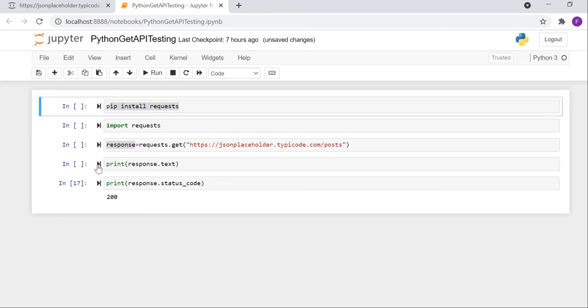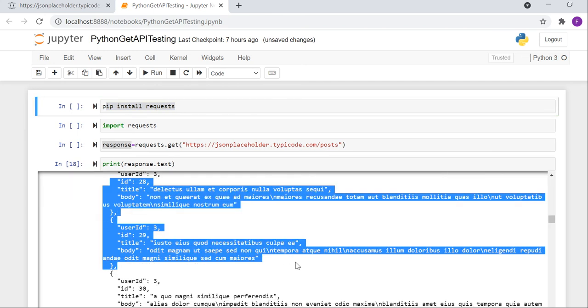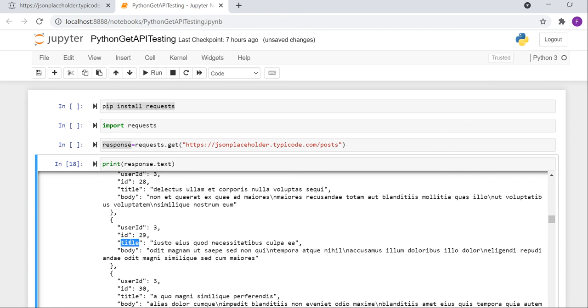Later on I will show you how you can handle the response as well. Let's suppose you wanted to get the title only, or the ID only, or the body only. How can you get it, and how can you use it further for subsequent requests, right? Maybe I want to find an ID and then based on this ID I want to do some operations. So how to get this ID? We'll take a look at these things in the next video.